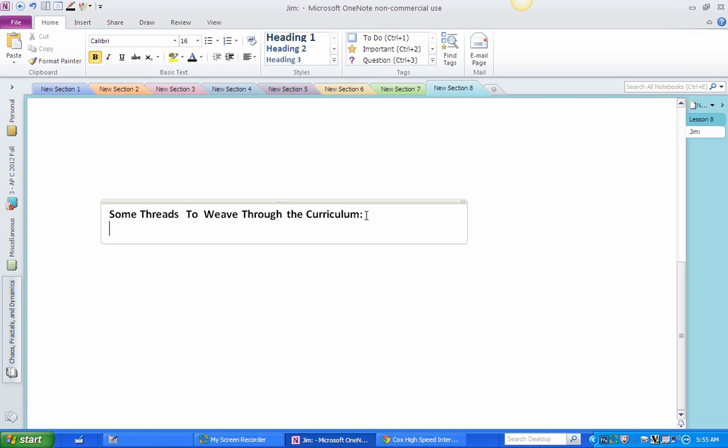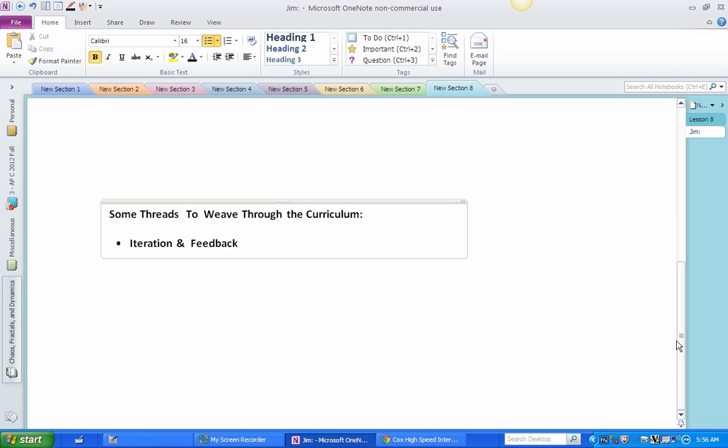I've always thought that there were certain threads that should weave through the curriculum from elementary school to high school. I base this on what I see as outcomes that we'd like to see for students, and I've sometimes been disappointed in the outcomes, and I think that's possibly because we haven't done a good job building to those outcomes through elementary, middle, and early high school.